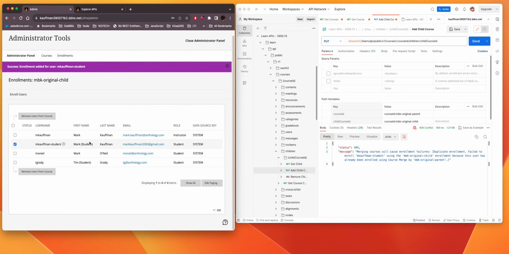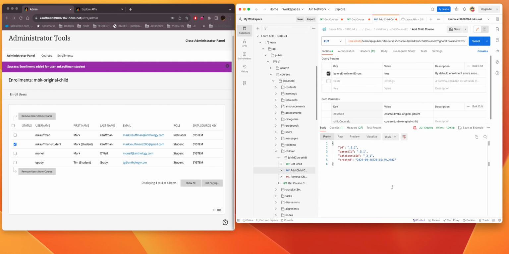Actually, we'll leave the student there. There is a flag that you could allow the users of your REST application. They could use this flag here, this Boolean. They could set it so that it ignores enrollment errors. We'll set that to true. And now if I send this, what will happen is it will ignore the enrollment error and actually complete the cross list. But what it does do is, if you read the description,